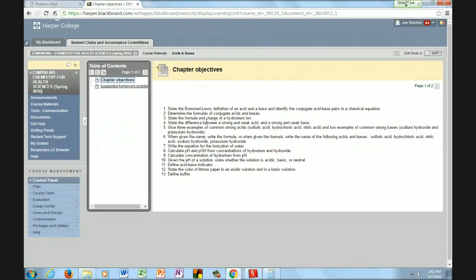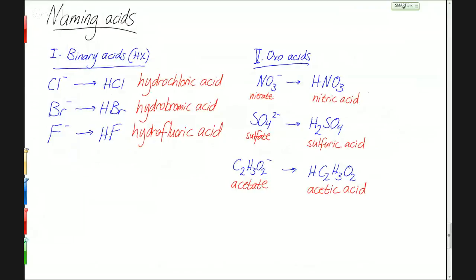Just those 3. Hydrochloric, nitric, and sulfuric. They will ask us to balance? No. We're just talking about the names. All right, so the last thing that we are going to look at in this chapter